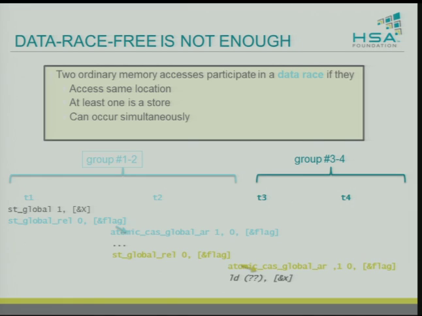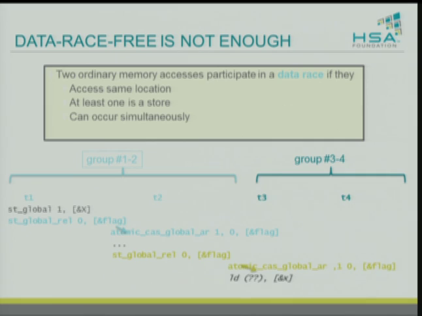So, this comes back to the two ordering memory accesses that participate in the data race: if they access the same location, at least one is a store, and they can occur simultaneously. Well, these are great, right? Because these access the same memory location, but we've got synchronization operations, so we go by the fact that they're separated by synchronization. But, as I said, if we assume that these are all accessing the global platform scope, then